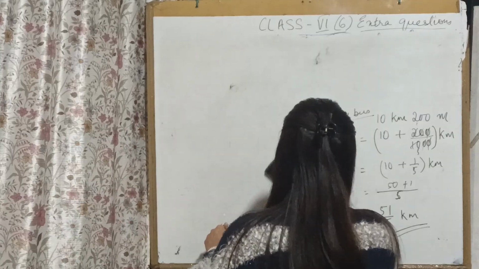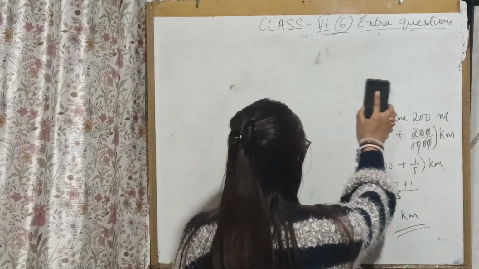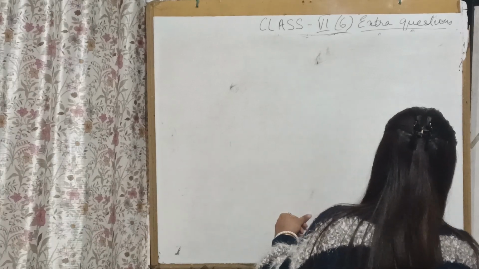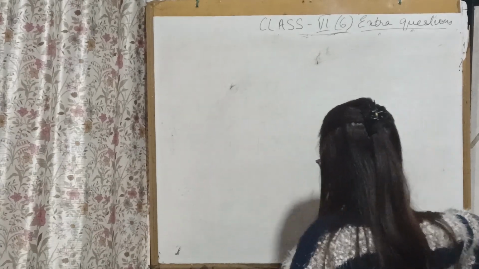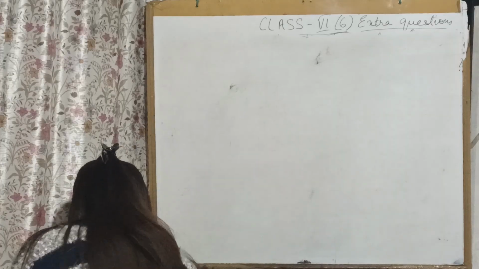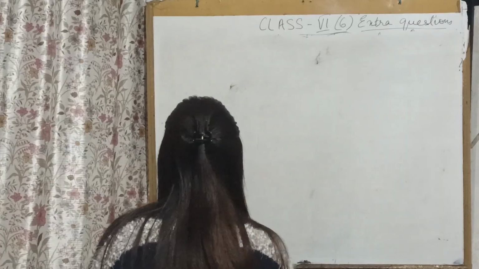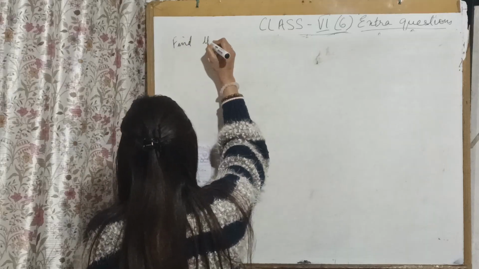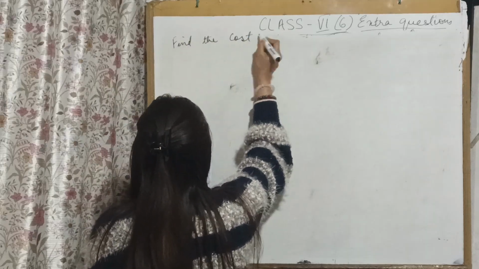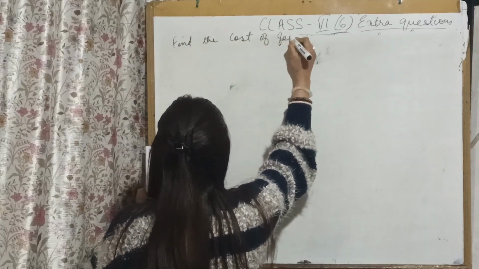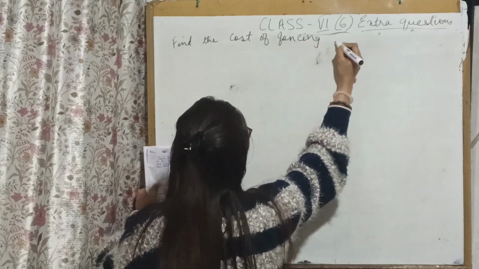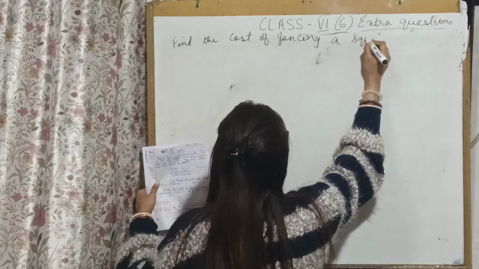Understand these sums very well from the explanation, and it will be easy for you to practice the other sums from the same chapters. So find the cost of fencing a square. Find the cost of fencing. Fencing means boundary. Fencing a square